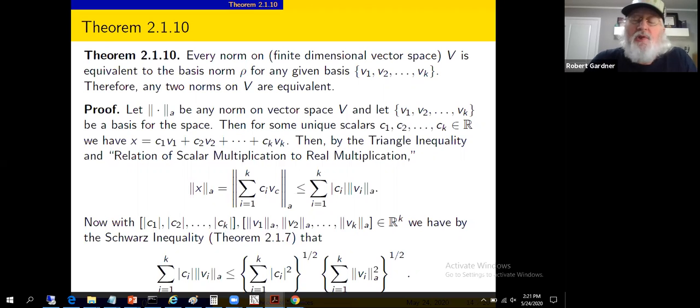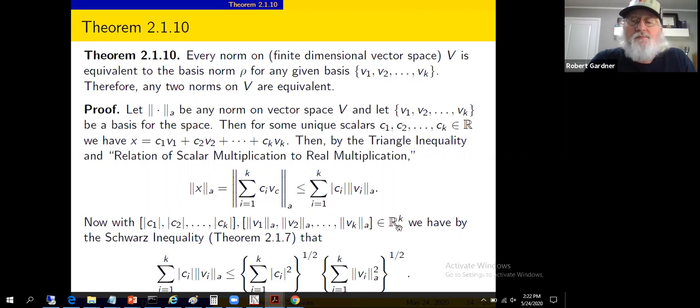All right, so I want to look at those vectors because if we took the inner product of these two vectors, we'd have this times this, plus second one times second one, plus up through the last one times the last one. Adding those up, we'd have exactly this thing here. So we'd have a dot product of these two vectors. But you know, by Schwarz's inequality, how to get a bound on a dot product of two vectors in R^k. That dot product, that inner product, is less than or equal to